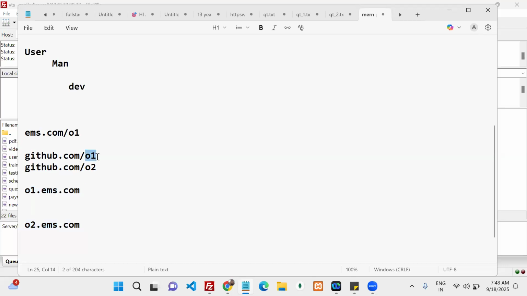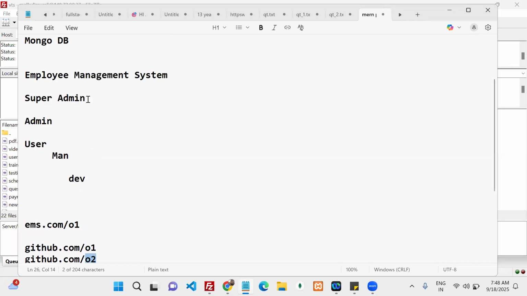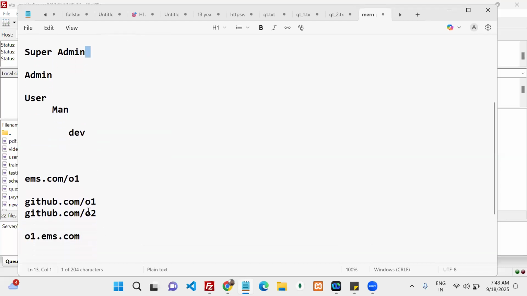Every subscriber has a unique identity given by the super admin. Based on that, you can differentiate that you belong to organization one, organization two, something like this. Understood, right? At the time of deployment. Got my point? Agreed, everyone?